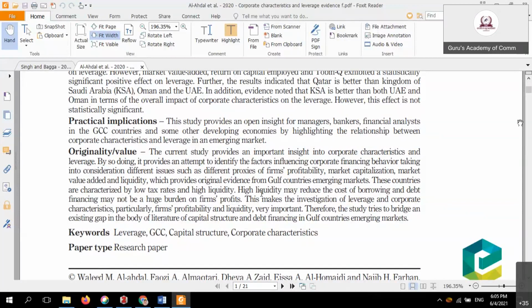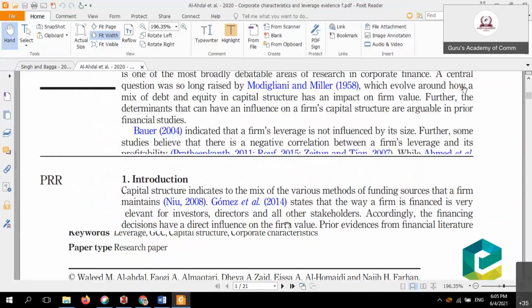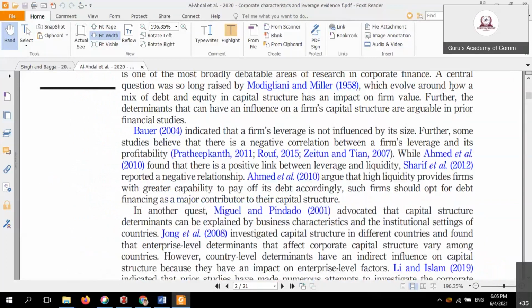Finally, I will give the inside references. Okay, what is here? Capital structure, and how the mix of debt and equity has an impact on value. Simply select that particular text and use the highlight tool. The highlighter is called simply